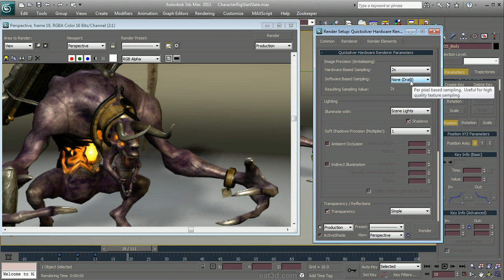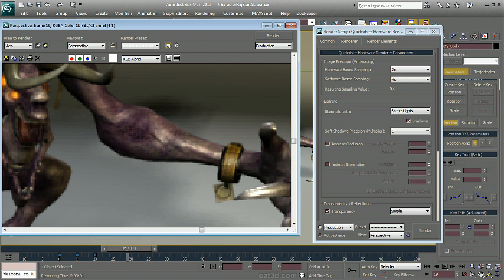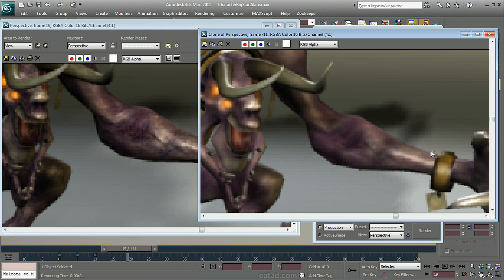You can also choose a little bit of software sampling. So a lot of times what I like to do is say, maybe we'll use the 2x hardware based and then 4x on software, which is going to give us the 8x sampling, and render that out. We're still at about a second, and if we go in to some of these areas and bring back up our mental ray render, you can see it's really pretty similar to what we had there with mental ray, and we're basically I would say 5 or even closer to 7 or 10 times as fast, which is really pretty good. So I'm going to close that out,